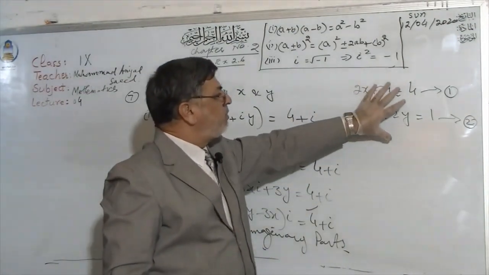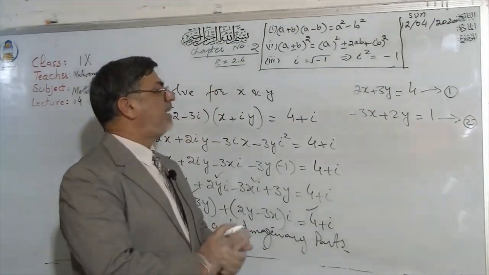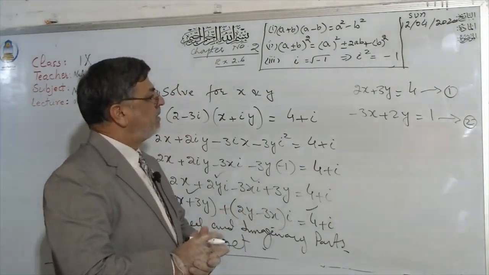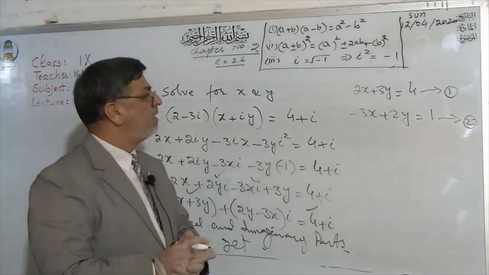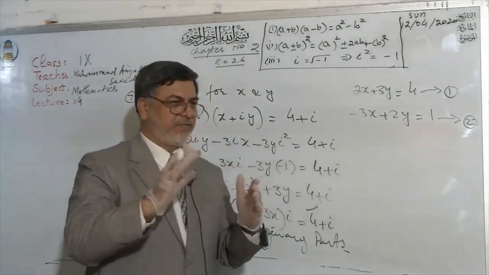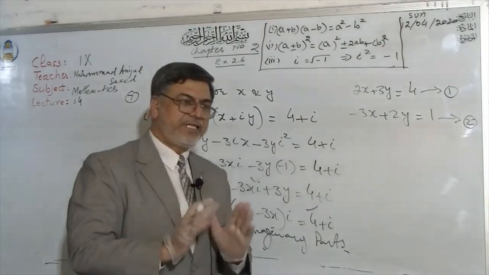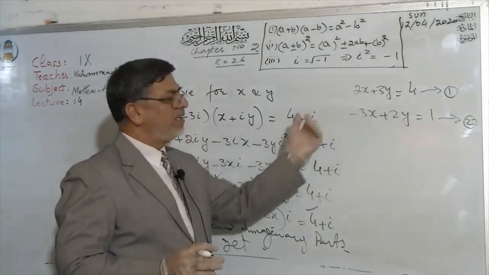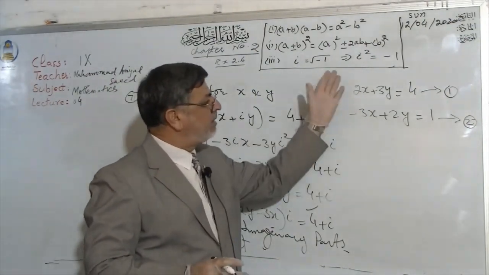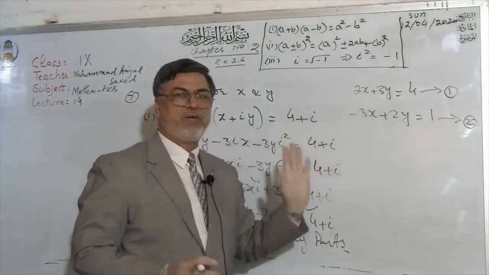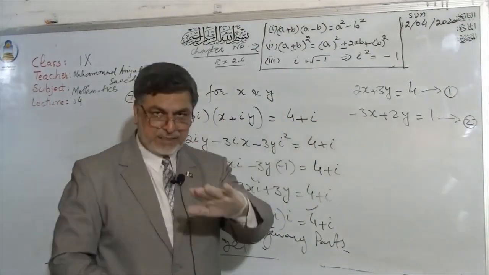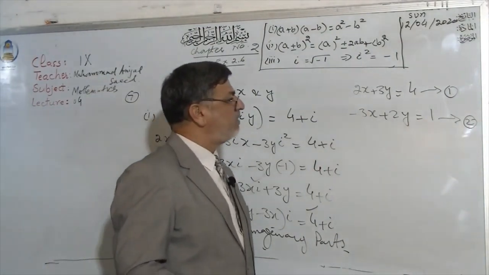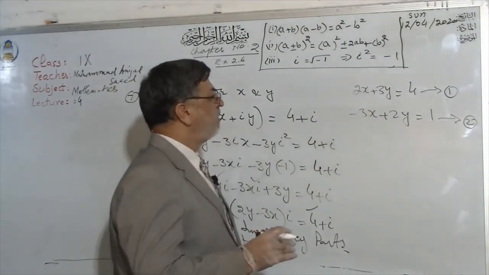After that, you simplify these two equations by the simultaneous method. We can solve this question by different methods. By the algebraic method, by making the coefficients of any one, x or y, the same, we will find the value of one variable. Similarly, by putting this in equation number 1 or 2, we can find the second value.